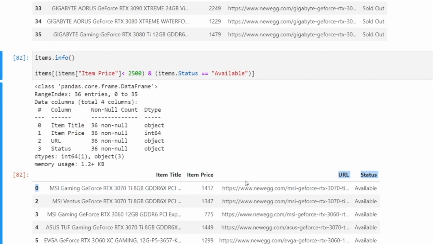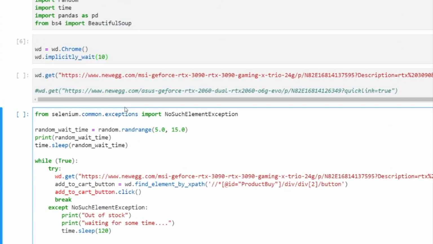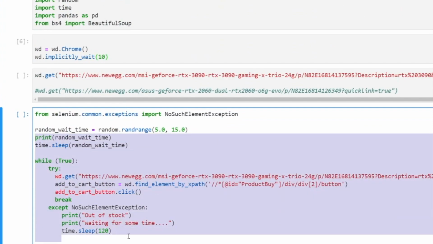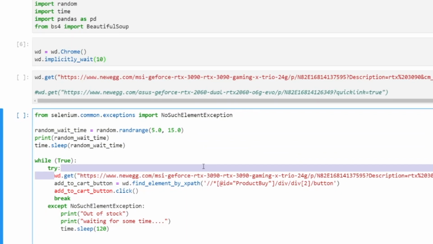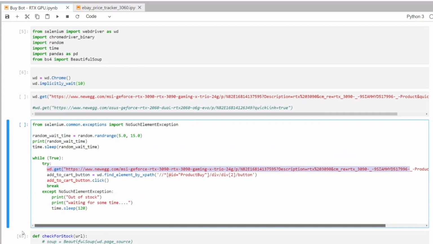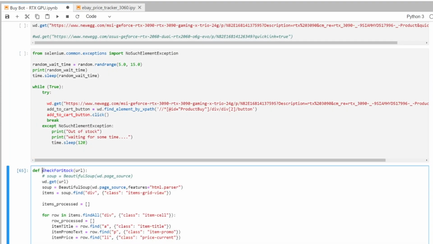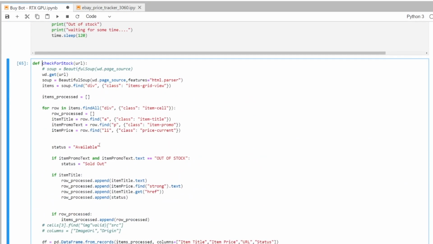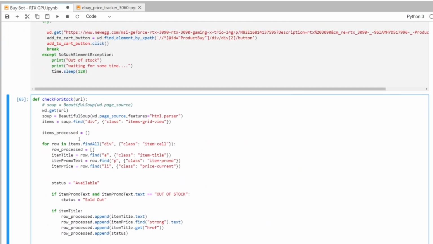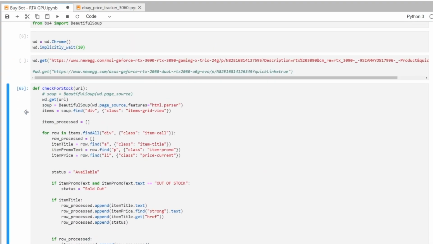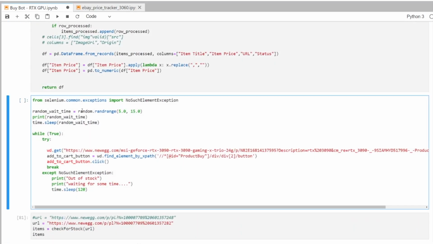You do need to be specific on your criteria, I would say. So in this case, let's say I want to buy the 3070. I'll get the first one available and I'll just buy it. Now we have a way to find items in stock, and then we can revise this code here, right? This code at the moment is just hard coding a product URL and adding it to cart, okay? So what we can try and do is add a method here. So I can copy and paste this. Maybe I have to move this up. Let me just try and move it. So this goes first, and then we have this code here.